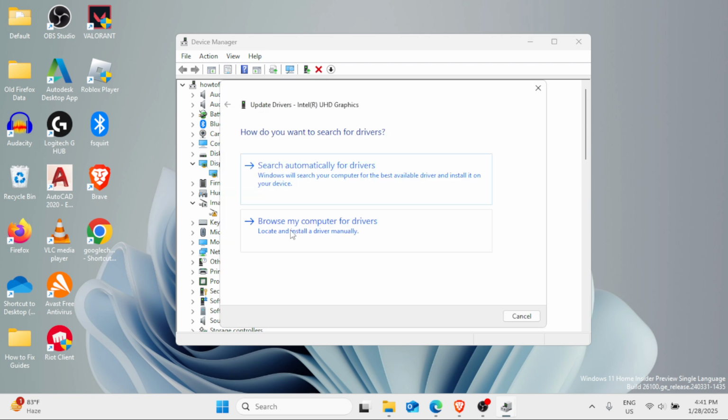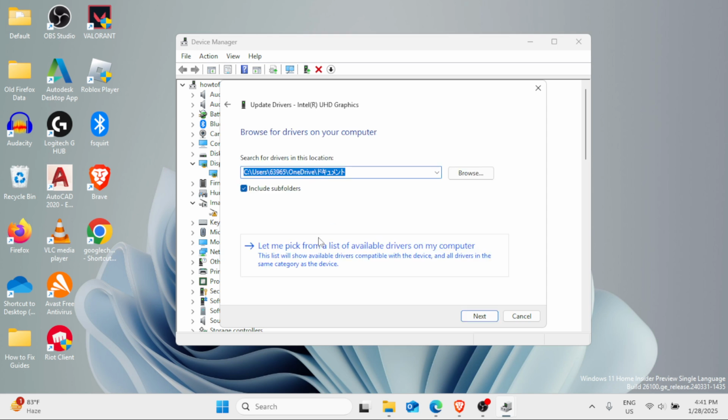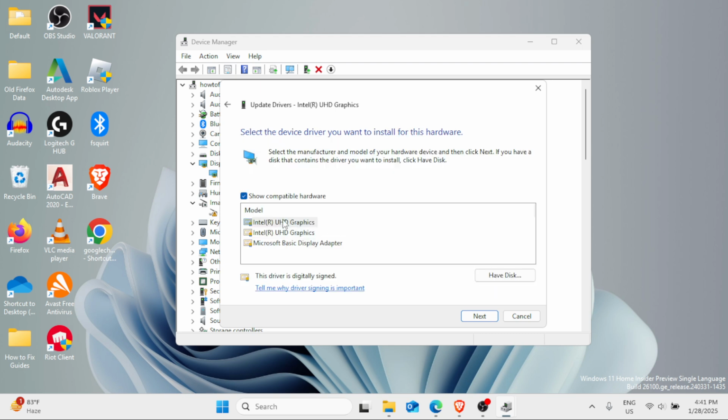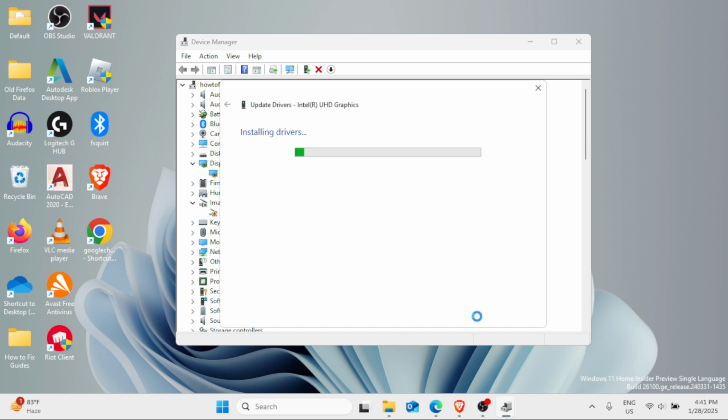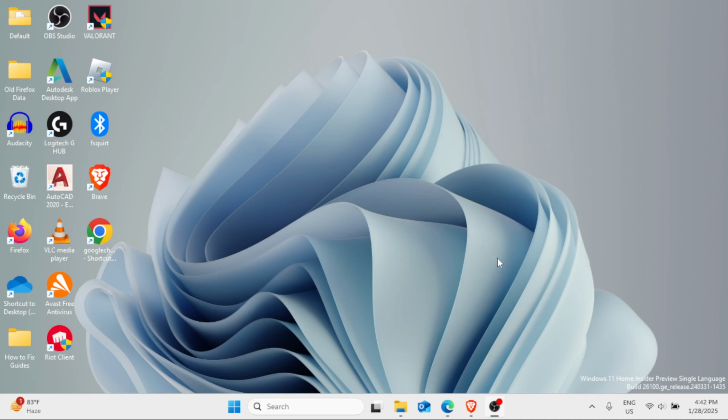You can also right-click on it, select Update Driver. This time, you can click on Browse My Computer for drivers. You are going to update it manually. Now click on Let me pick from a list of available drivers on my computer. Then here, you are going to choose what will work for you. So just try them one by one. If the first option, click on that, click on next. Now Windows has successfully